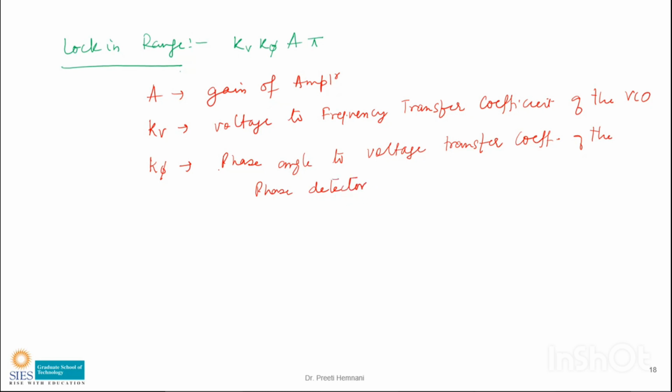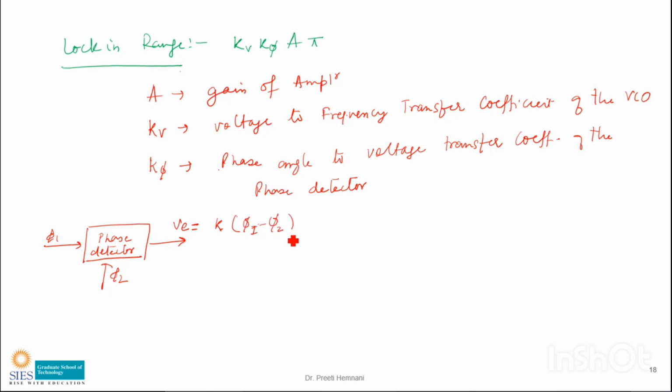Now, when I say phase detector, so that you will not have a problem in remembering this formula, what is the input in the phase detector? Can anyone tell me what the input and the output are? The inputs are 2, and the output depends on the difference between the phases of these two, as we have just seen in the definition. If I say this is phi 1, this is phi 2, what is VE? VE is nothing but some constant K times phi 1 minus phi 2.